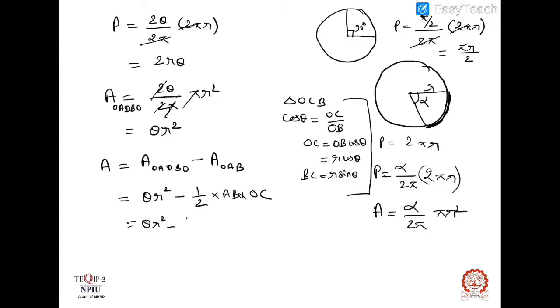Area of flow is theta R square minus half multiplied by 2 times BC multiplied by OC. Half of 2 times BC is R sin theta, and OC is R cos theta. This will be theta R square